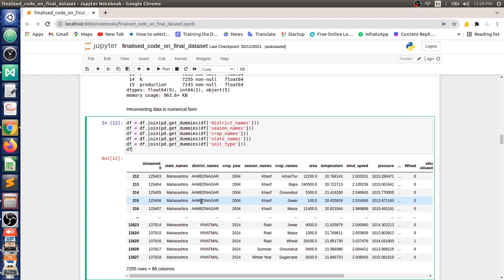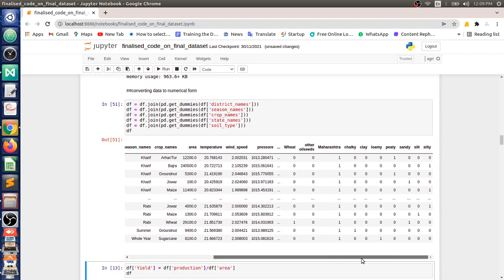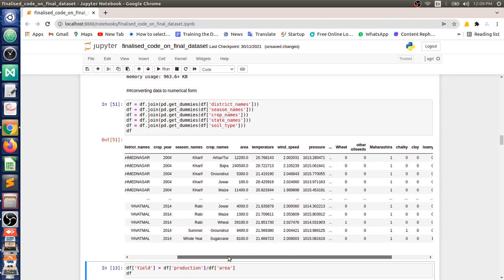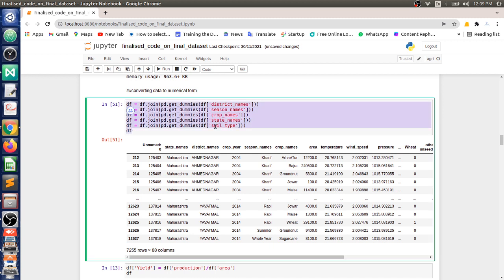It means the row values will become columns when you use dummies. You can see Ahmednagar will come here. We are doing that for all the columns which have string data.